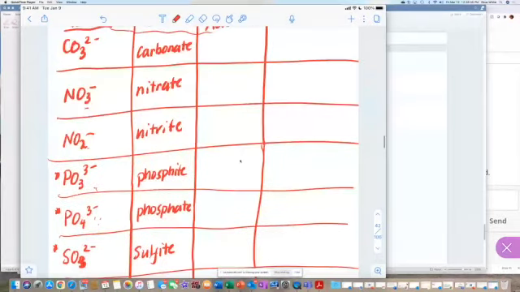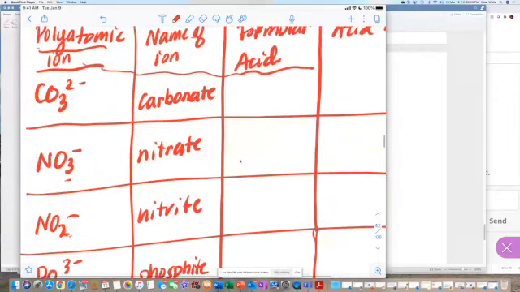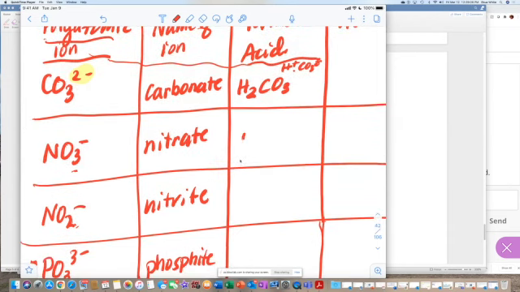So what I mean by that is starting with this, since I have 2 negatives here to make the compound, I'm going to crisscross with this and I end up with 2 hydrogens and then this, okay? Or you can say it was like this, CO3 2 minus, the 2 came down here and that's how I got that. Here I have 1 negative, so it's going to be